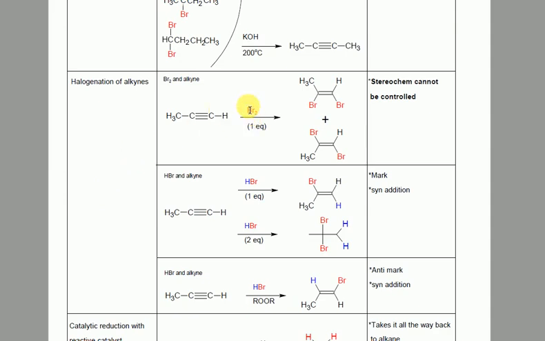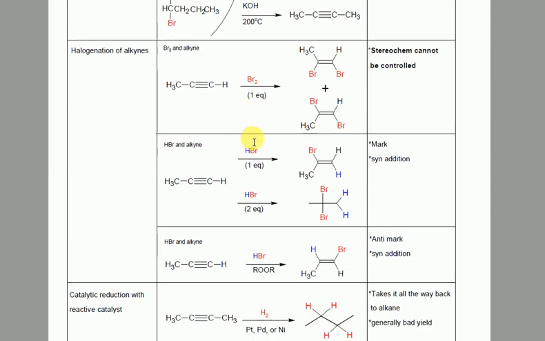You already kind of know the mechanism for this, it's probably not really anything crazy. It's pretty much more of the same. Triple bonds reacting with Br2. You've seen double bonds react with Br2. I'm sure it's very similar, right? And it's also